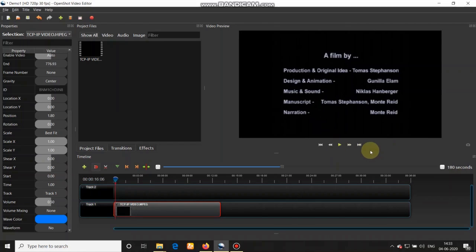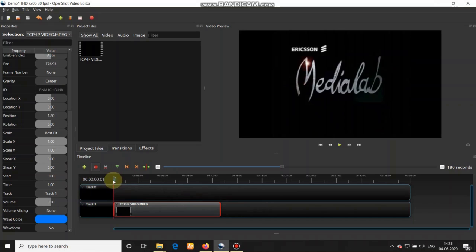Yes, it is set to 50% of the original volume. Another thing you can do is muting your volume. So you just set the volume to 0 and it is going to mute your whole clip. So we will set the blue slider at 0 and the volume as 0.0. So your clip is muted.